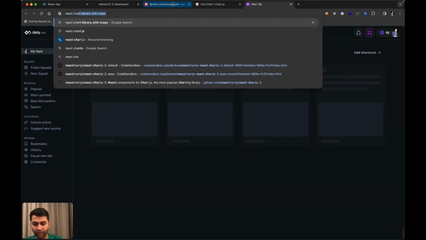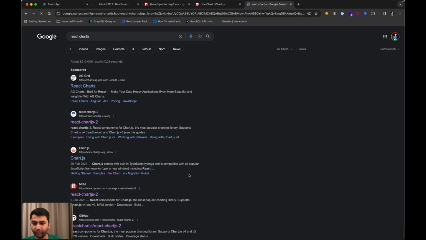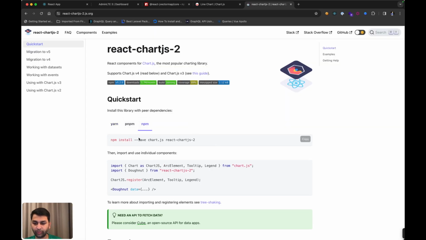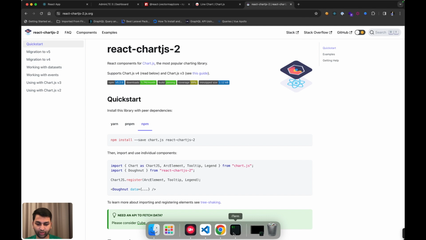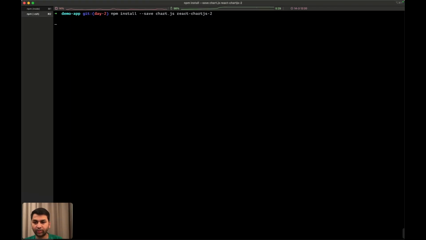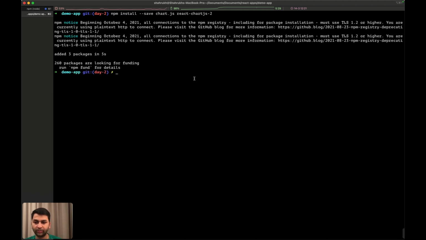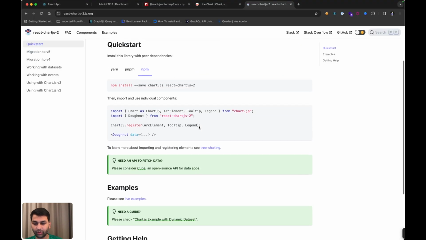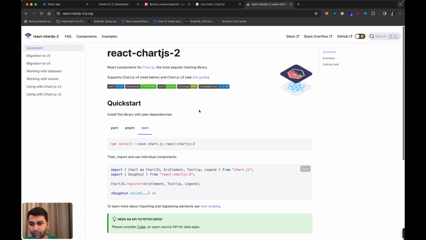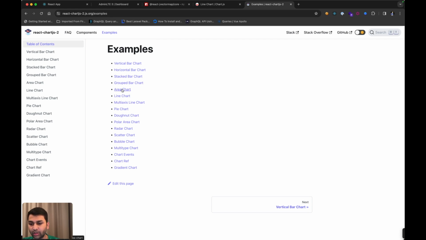Chart.js. So we will go ahead and copy the installation instructions. Okay, now this is installed, and every package that you install from npm will have its own documentation on how to get started and how to implement the components in your app. So we will just see examples. So for area chart,